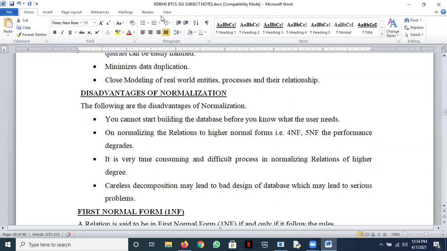So let me just have a quick discussion with you guys. Anything that you need to know about normalization? We are going to study how normalization is done, but before that, we must be clear about what normalization is, what advantages it gives us, what its disadvantages are, and why we should be doing normalization. If that is clear, I think we can move ahead. Or if you need to discuss something, you can raise your hands, please. Yeah, I'm waiting. You can raise your hands, please.